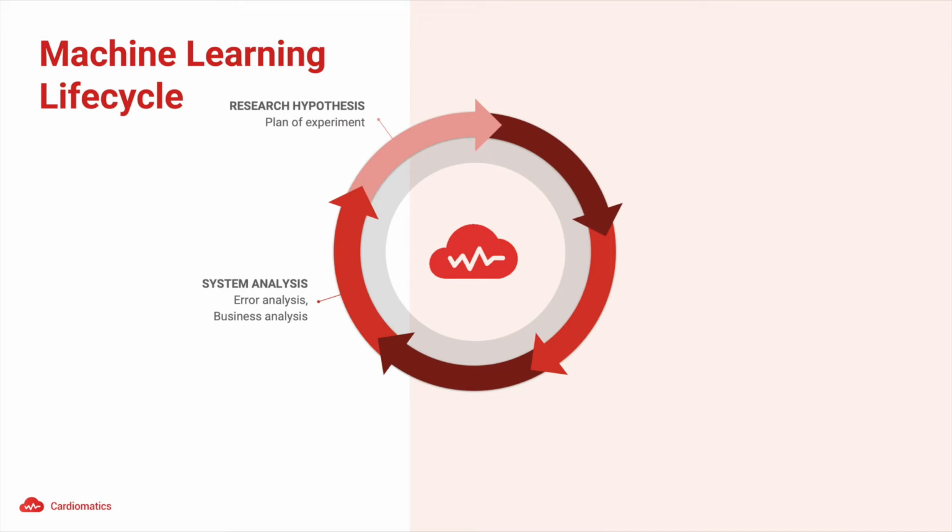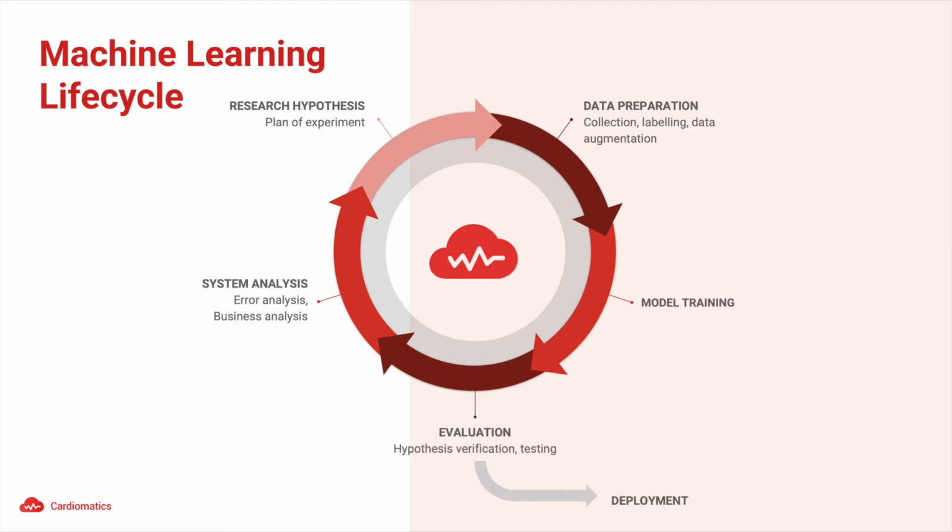An example of such a diagnostic parameter may be the sensitivity of the algorithm to specific types of arrhythmias achieved in special test sets. The next step is data preparation. Such data must be collected and properly described. Then we proceed to train the model. Everything is thoroughly tested on additional data sets that do not participate in training. Thanks to this, we have independent and reliable information about how the system will cope in real conditions. Positive result leads to the implementation of the model, whereas a negative to a reanalysis of the created system.